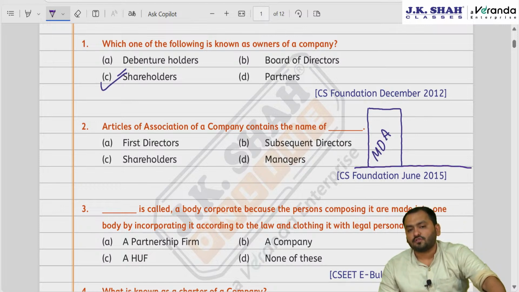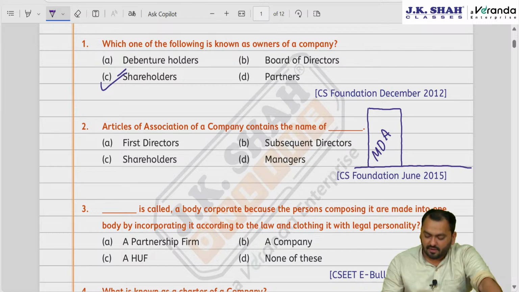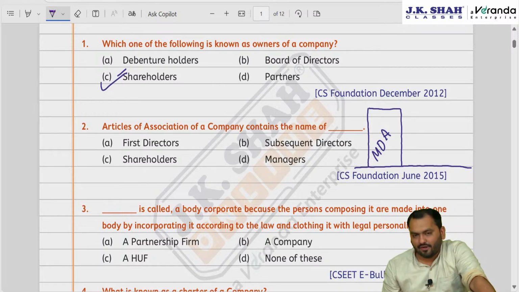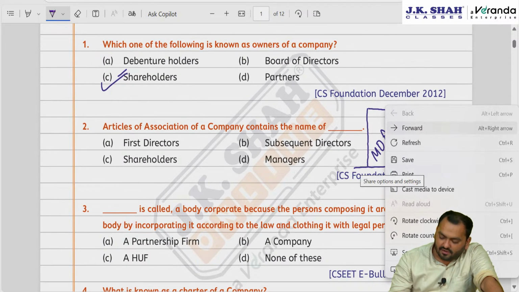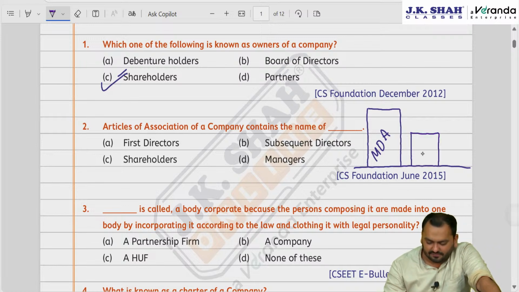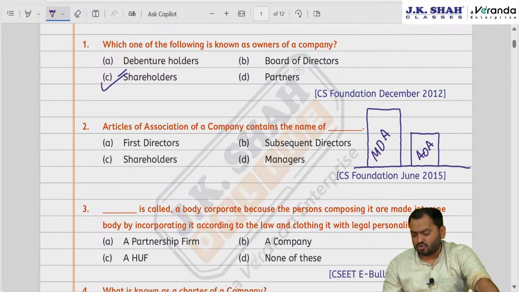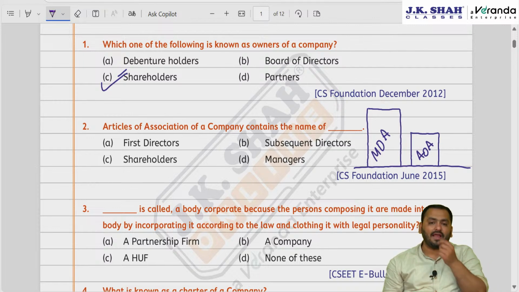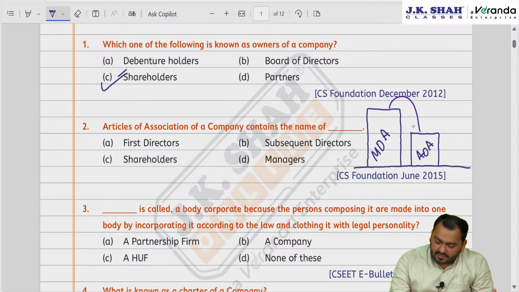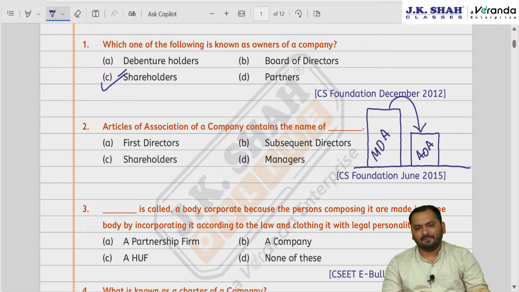On the basis of constitution, yes, what do we make? We make rules and regulation. Obviously the rules and regulation shall be as per the MOA. So what are the rules and regulations of the company? So rules and regulations of company means articles of association. Okay, so AOA should be prepared in line of MOA. Obviously AOA is subordinate to MOA.